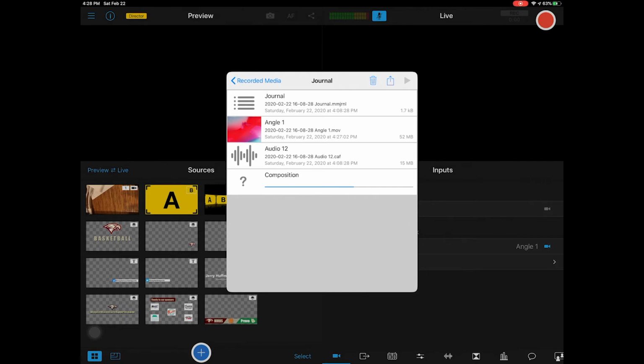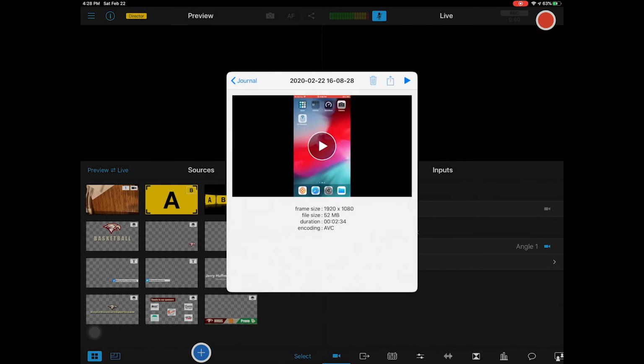When the composition is done, one of the last things that you would do is you want to get that composition off of the iPad and onto a device or somewhere else where you're going to utilize that. In my situation, I will do live recordings to Facebook, and then I will take the higher quality composition, which is typically at 1080p. My live streams I usually do are at 720p. The composition's at a higher rate. So if I go in here, you'll see it's at 1920 by 1080 because that's what was recorded in this